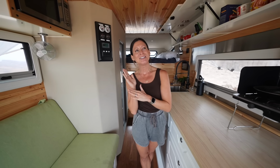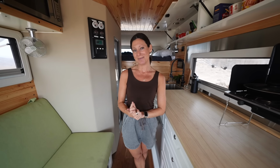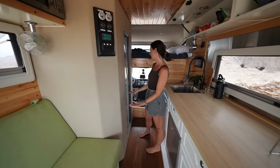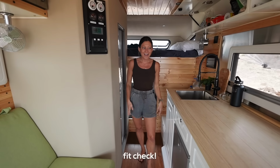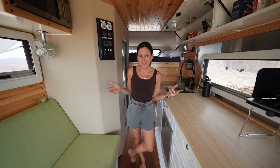Going back to the dude designed theme, there are 2 things in here that are missing. 2 very important things in my opinion. There's no mirror, even in the bathroom. This could be a full-length mirror, easy. This could be a mirror. This could be a mirror. We got it, we got it. Can't check my fit. Fit check. I'm just saying. The second thing I would think is a little more important to every gender, and that is